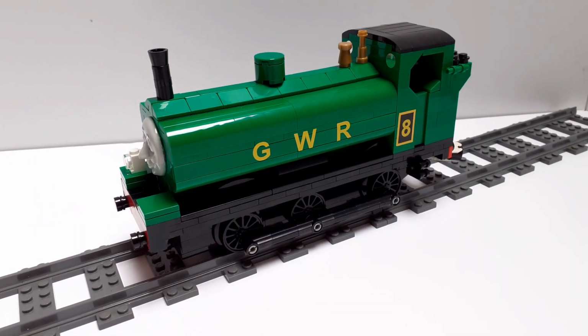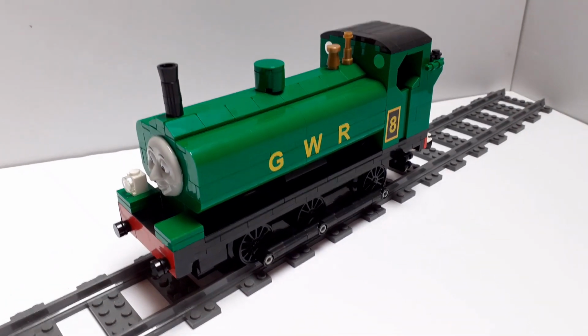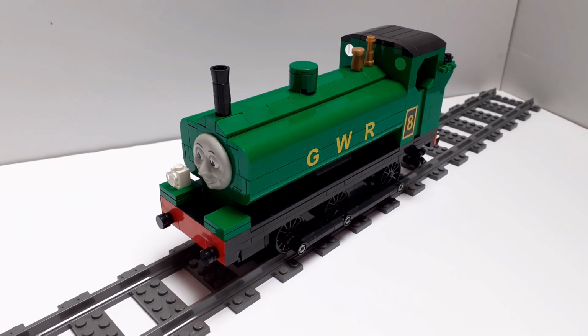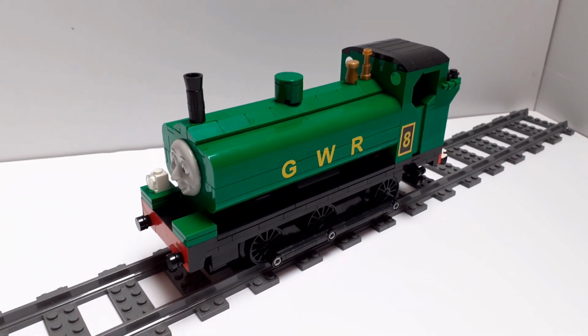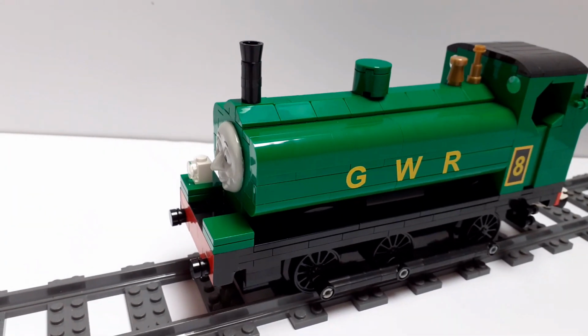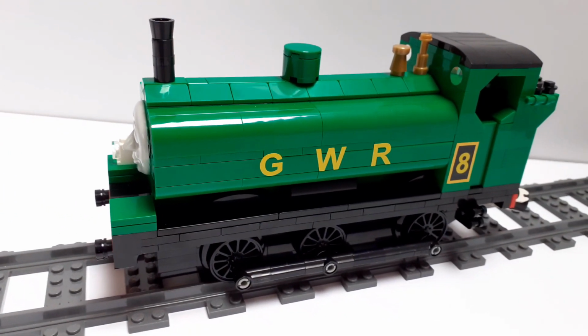This is another Thomas character. It's Duck, or Montague, which is something I still annoyingly can't quite accept to this day. It's just weird, you can't call this Montague, it's Duck. So Duck is based on a Great Western Railway 5700 pannier tank engine, and I've seen a few of these